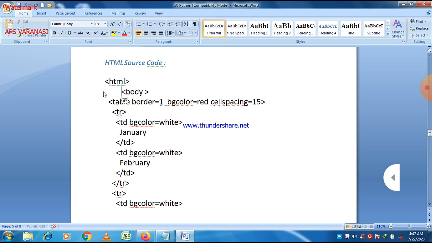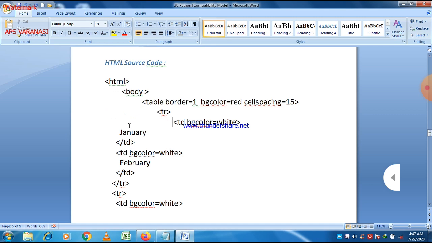So the first tag is HTML, and the second tag is the body tag, which defines the body of our HTML page, and third is a table tag, of course, because here we want to just print a table in our HTML web page. Then the tr tag defines the table row, and then td is the table data.